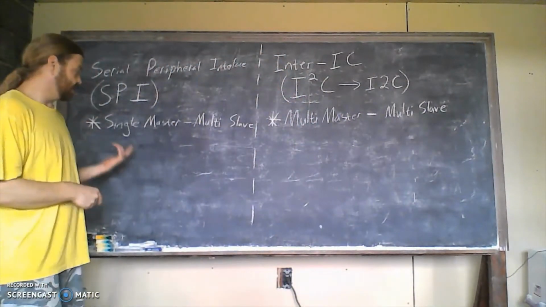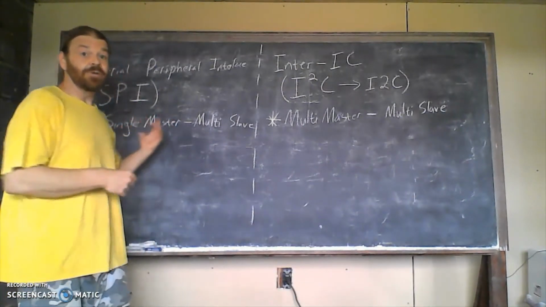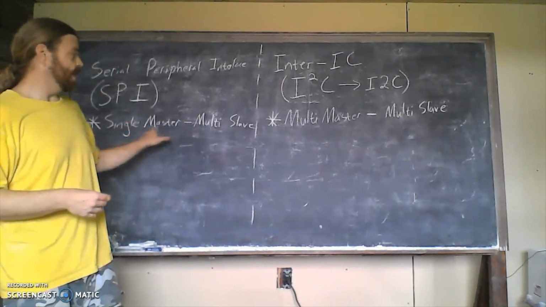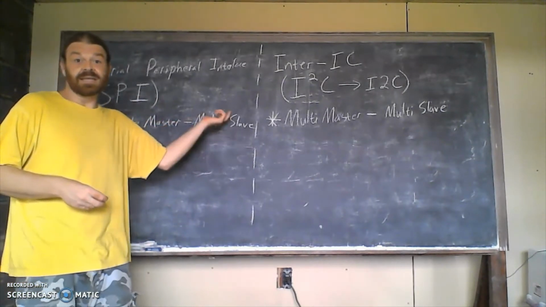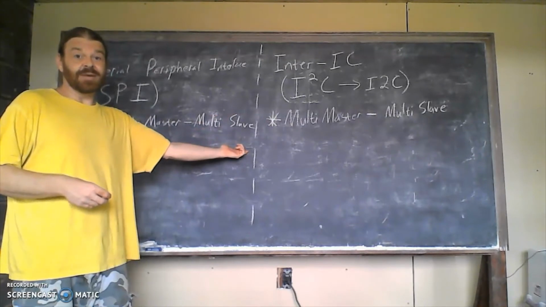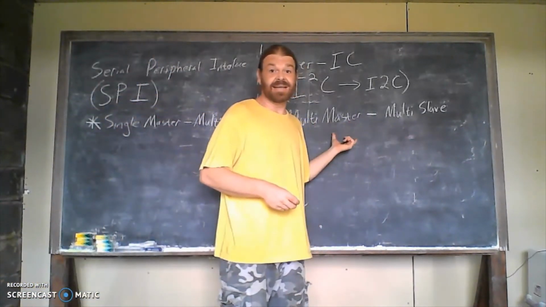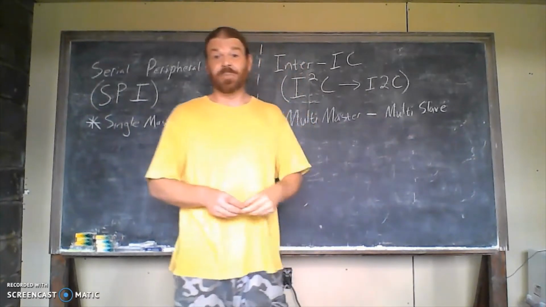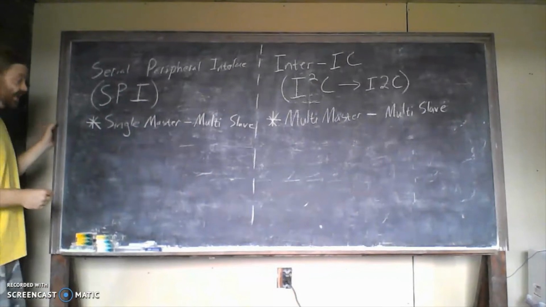So let's throw up a picture and describe how the connections happen between this one master and multiple slaves, and how, if we have 20 devices, it communicates to the correct one. Same thing over here. If we have 20 different devices connected, how does it know which one to communicate with? So on today's example,